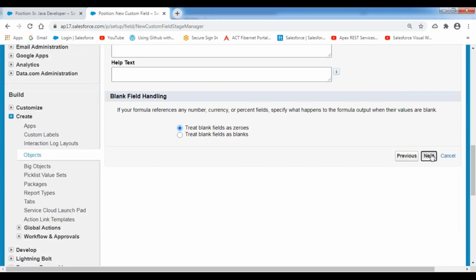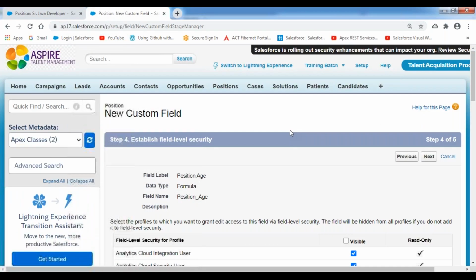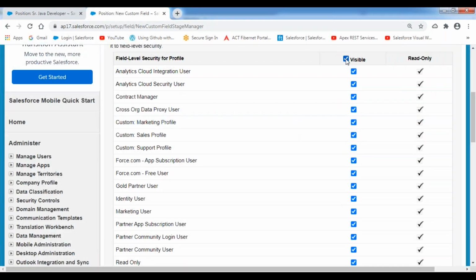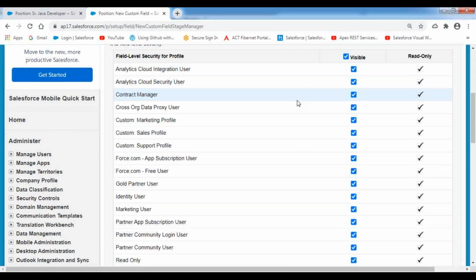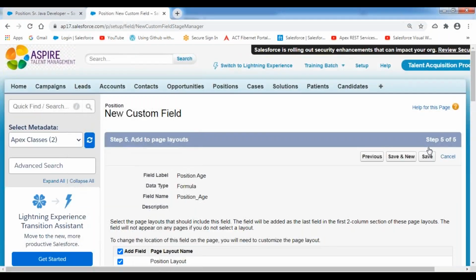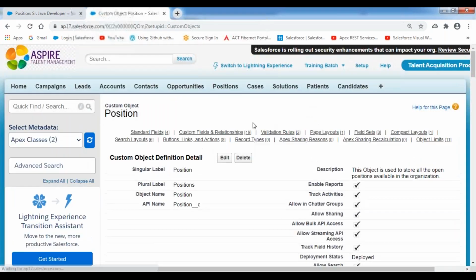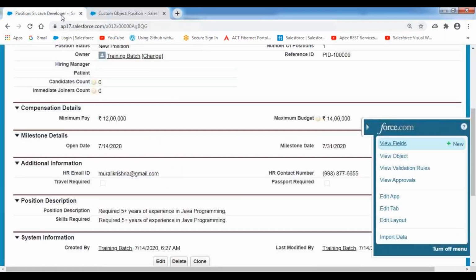Now click on the next button. Make the field visible to all the profile users by selecting the visible checkbox. Click on next and then save. Let's go to the position record and refresh the user interface.